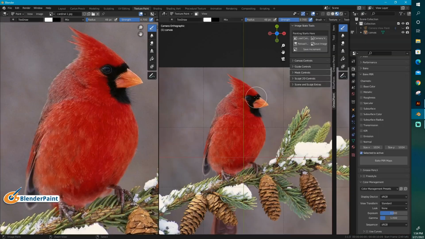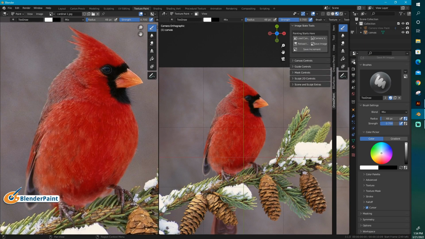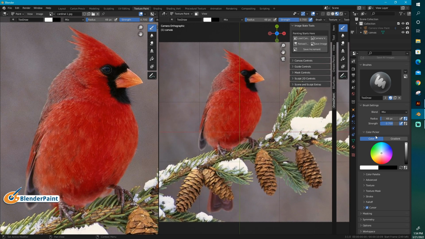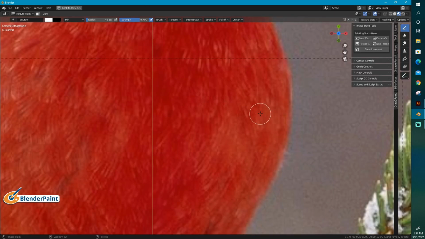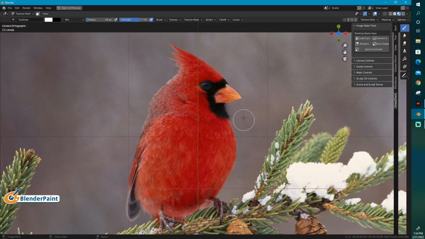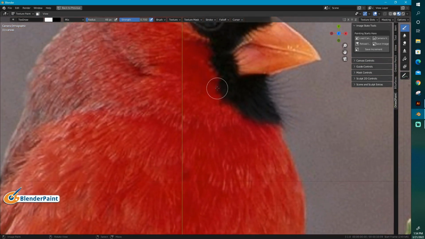Same reason I don't like to travel over here to the side. I travel to the right mostly because I'm a right-handed person, but there's still a lot of work. I like to work in close right here to paint right in on something, and that's why